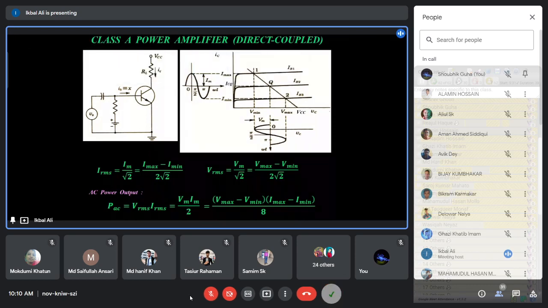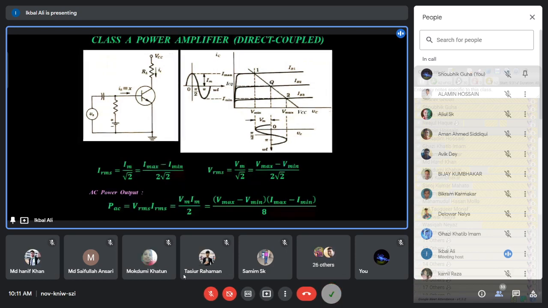Now, this is a class A power amplifier, direct coupled. This amplifier is the most inefficient power amplifier we have to discuss, because we first go to the least efficient power amplifier. The efficiency of this amplifier is the lowest. Then we will improve our power amplifiers, and finally we will get better and better amplifiers, such that the AC signal power will be boosted to a high value for the output devices. So this is the class A power amplifier. We will discuss this one first.